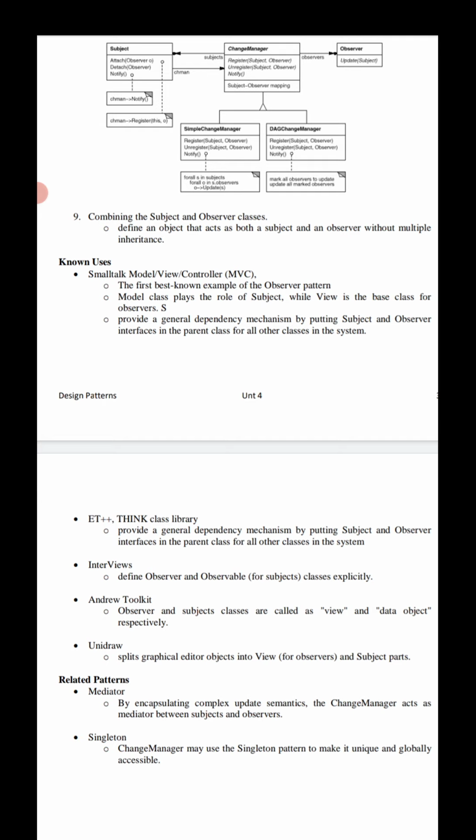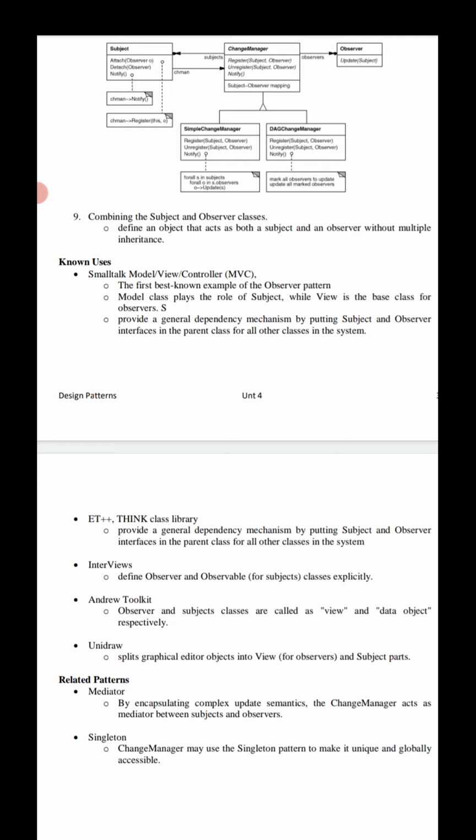Other user interface toolkits employ this pattern too, such as InterViews. Here we need to define Observer and Observable for the subject classes explicitly. And coming to Andrew, it calls them view and data object.